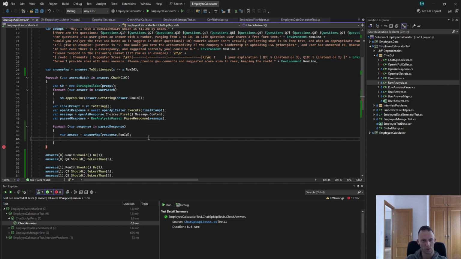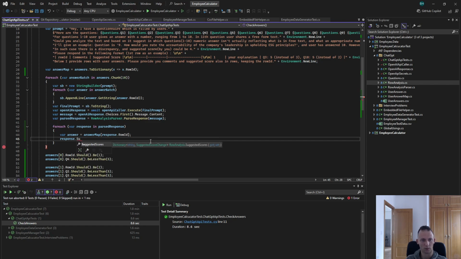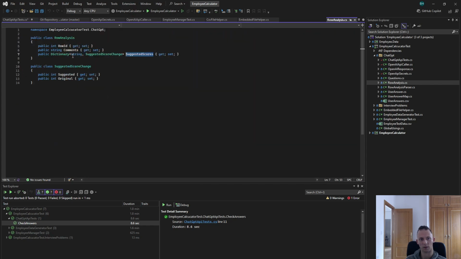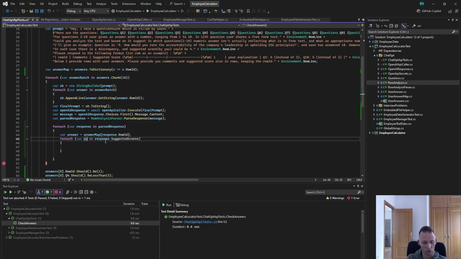And now I would like to modify things. Modifications are stored in suggested scores. A suggested score is a string which represents the answer name and the change. Let's iterate through that as well. Basically, for each response, for each suggested score, suggestion,